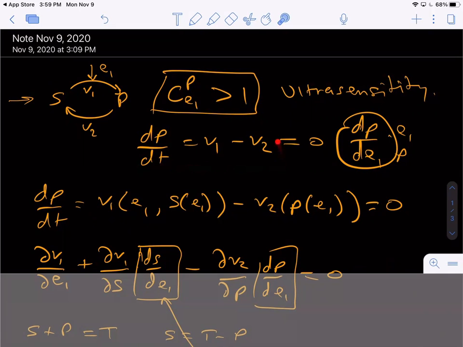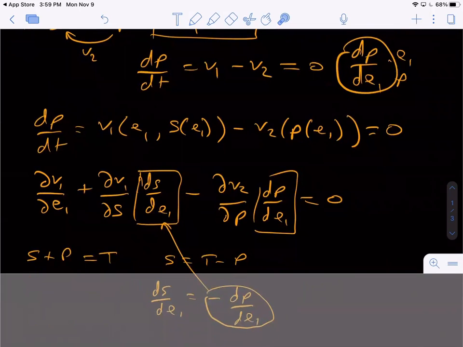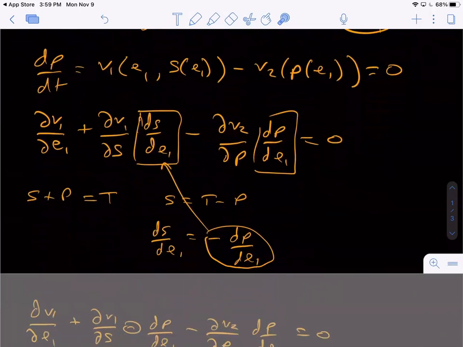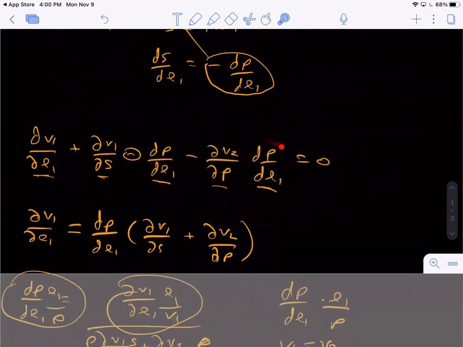We can write down the mass balance equation, V1 minus V2. We can expand that into the full functional forms, and then by doing implicit differentiation, we get this. We note that the sum of the masses in the cycle is fixed, and we can use that to eliminate this term here,